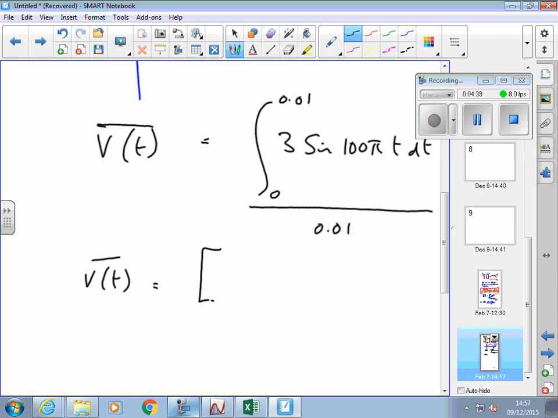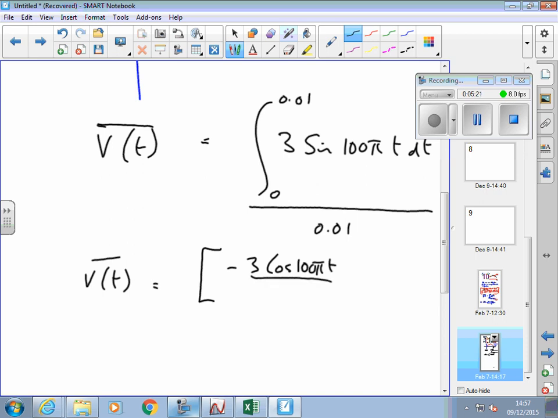right, let's do the integral. We need our table of standard integrals that you've got there. What's the integral of 3 sine 100 pi t? What happens to the 100 pi? And what happens to the sine? Sine becomes cosine, or minus cosine? Minus cosine. So we've got minus 3 cosine 100 pi t,